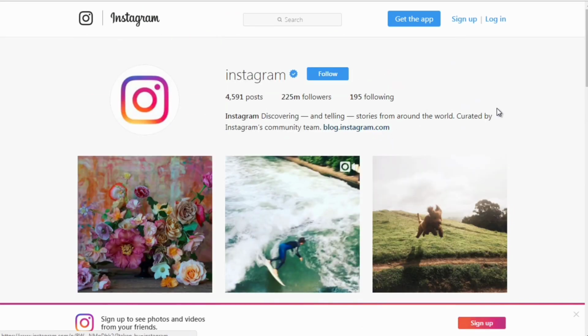Now you can see, like I said, with Instagram's profile, they're directing you to their blog. They're still trying to gain your trust, right? So they've not directed you to a certain product, but of course that's Instagram. They could direct you to Instagram.com, but for whatever reason they chose to direct you to a blog.